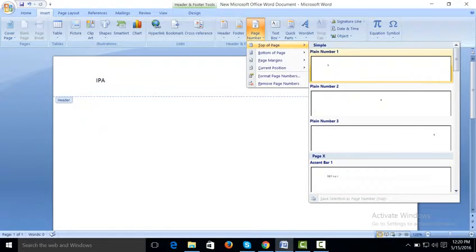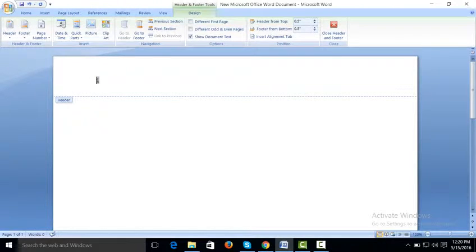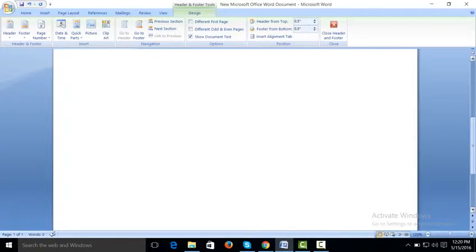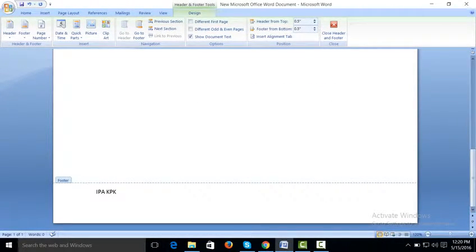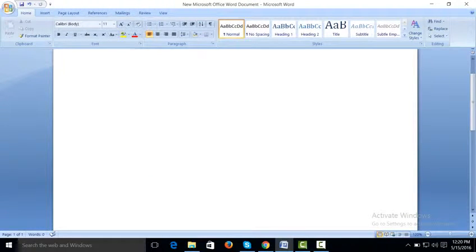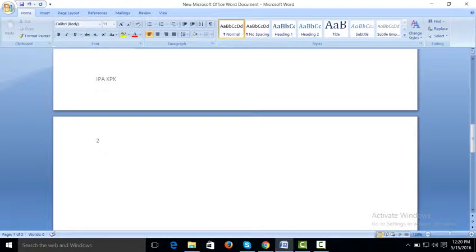In this format we want to give the page number on the top left. Every page will show the page number on the top left side. You can see on the second page, page number 2.